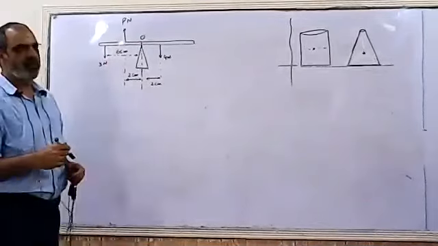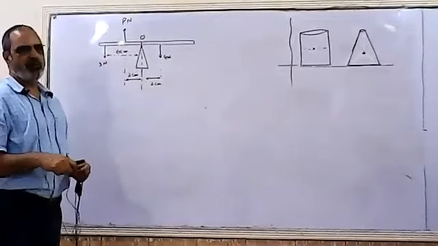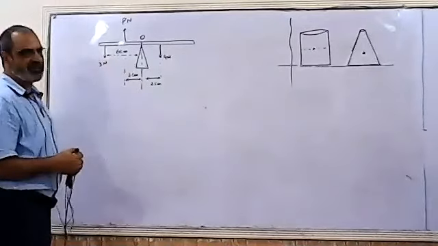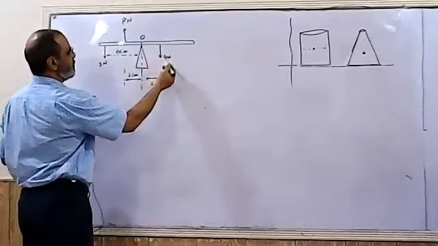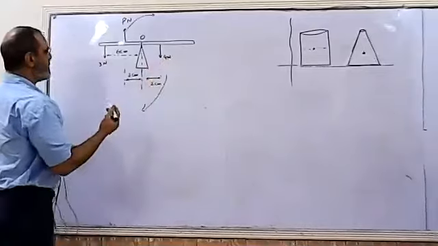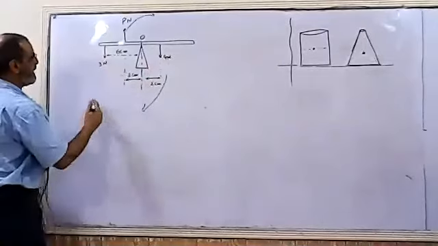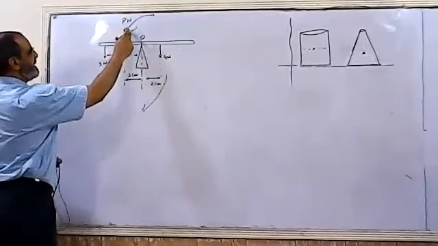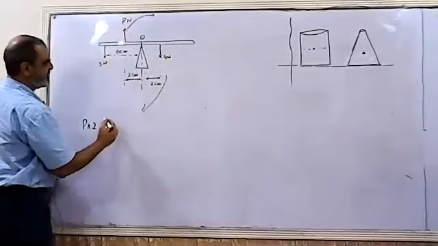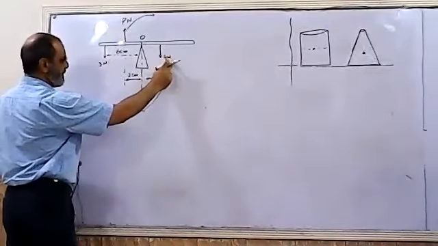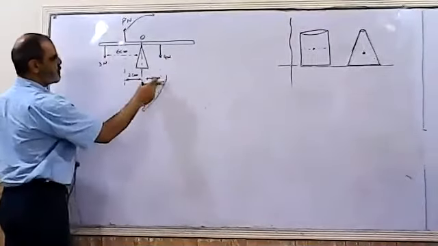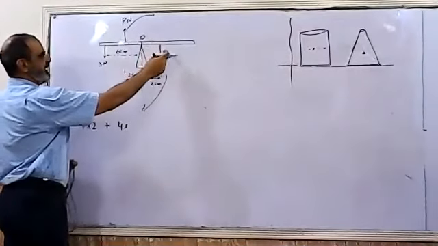For the principle of moments, remember, sum of clockwise moments is equal to sum of anti-clockwise moments. If we have to see which forces are producing clockwise moment, definitely this force is producing clockwise moment, but this P is also producing clockwise moment. So moment produced by P will be P into the perpendicular distance between the pivot and P, that is 2 centimeter, plus moment produced by 4 Newton is 4 into 2 as well, the distance between the pivot and the force of 4 Newton.